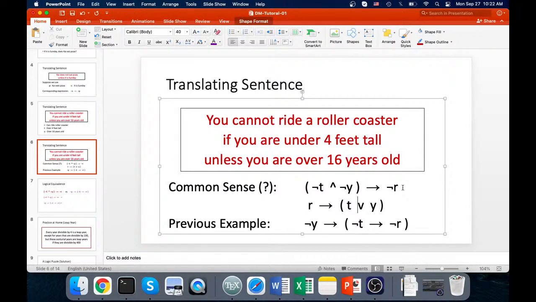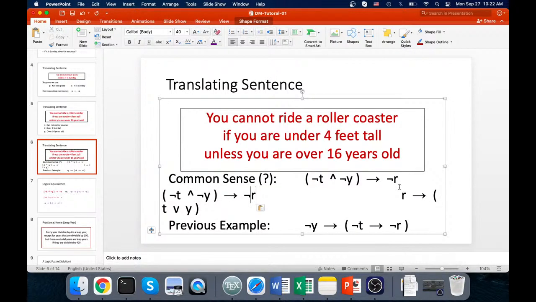Now, actually, this is also correct. The reason is that this is of the form something implies something. So let's call it P implies Q. So P implies Q is equivalent to not Q implies not P. So let me write it down, double check. So this whole thing is equivalent to